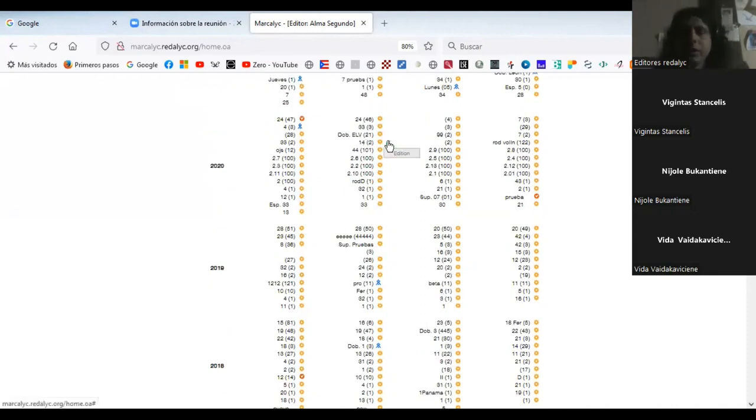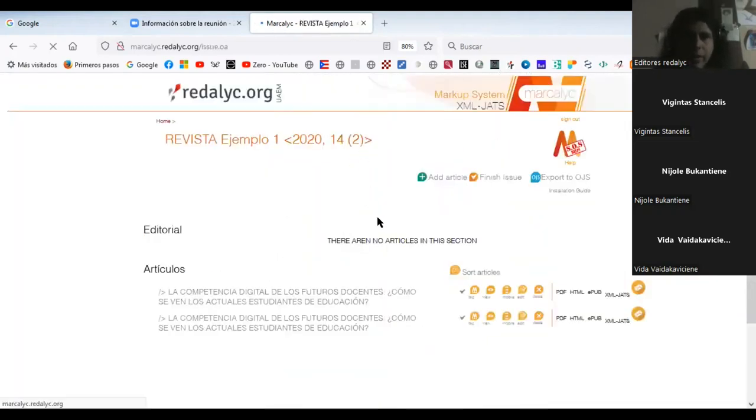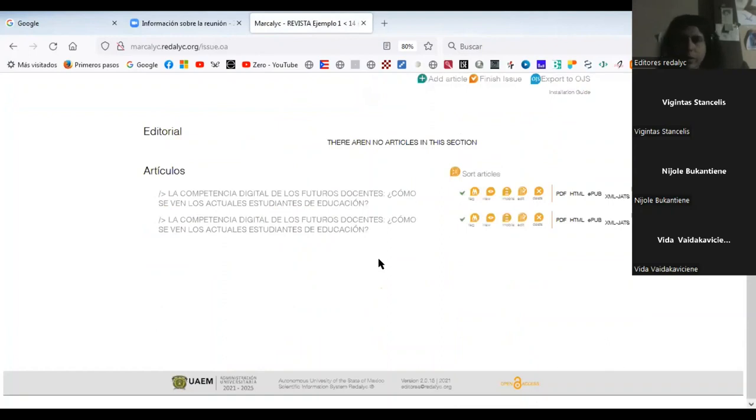So in order to access the content of the issue, you will select the number of the issue. For example, 14.2 for volume 14, issue number 2. So we select the issue, and here you are going to see